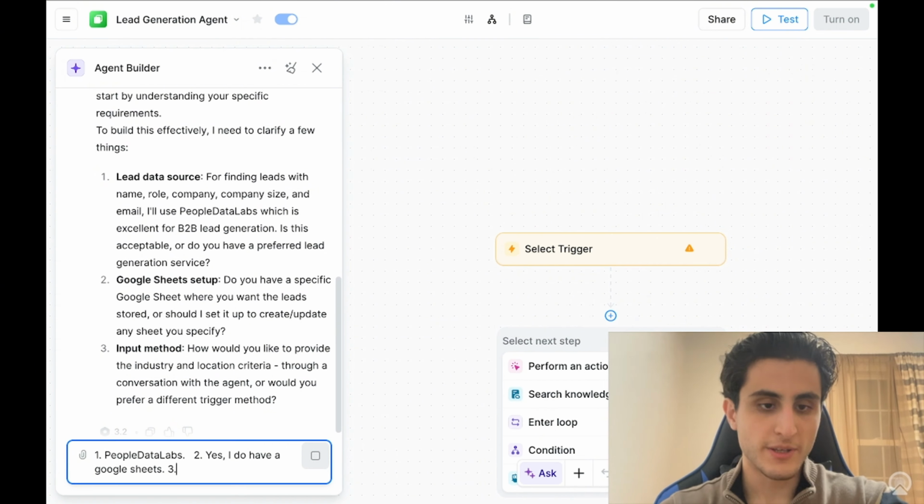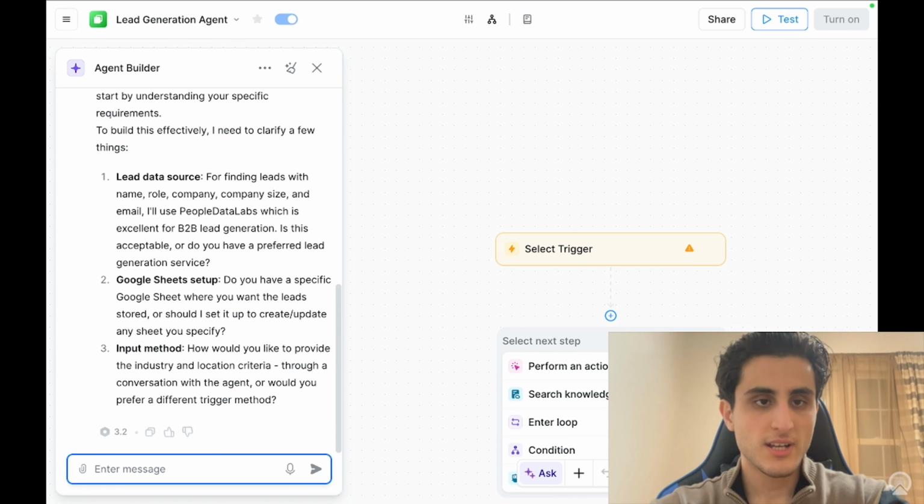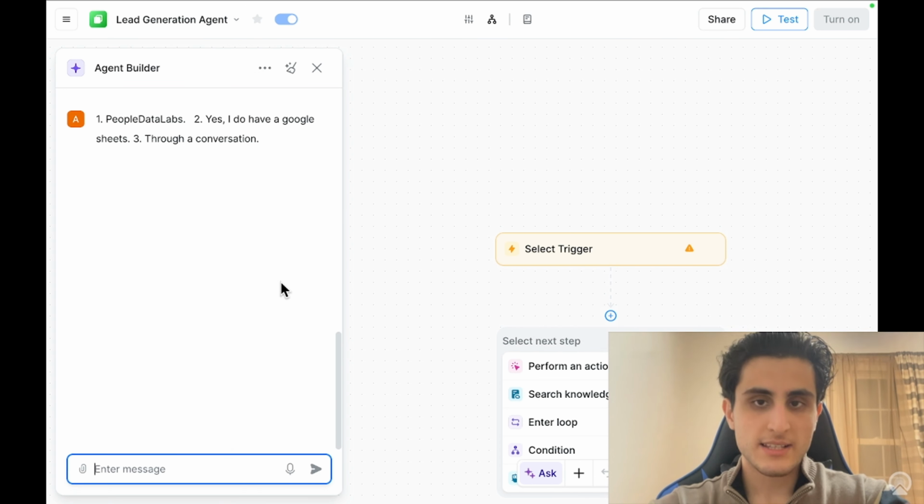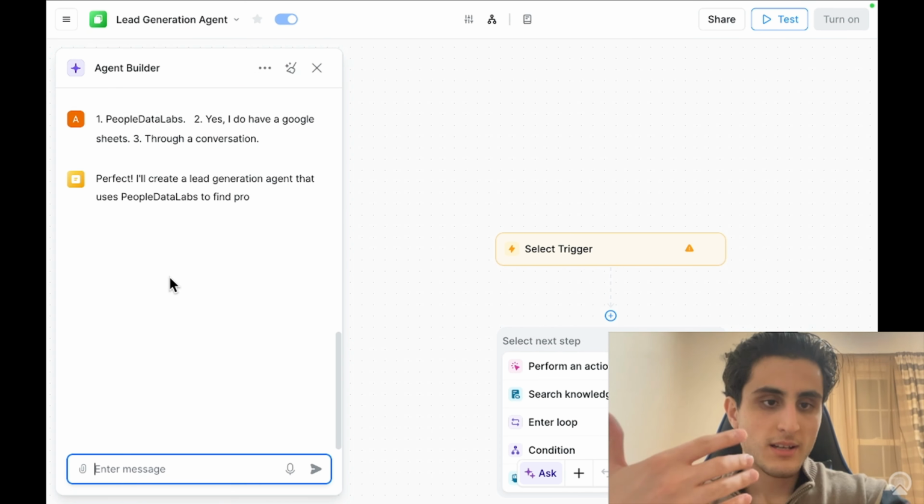And the third question, input method: how would you like to provide the industry and location criteria for your conversation with the agent, or would you prefer a different trigger method? So I would say through a conversation. Okay. So now I'm going to send this message to Lindy,